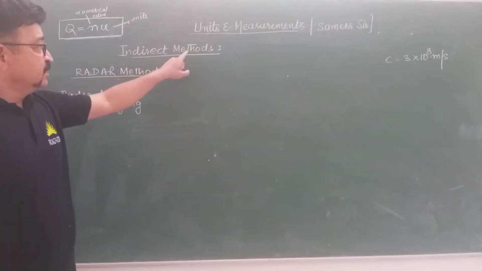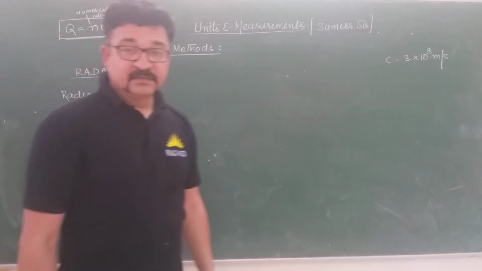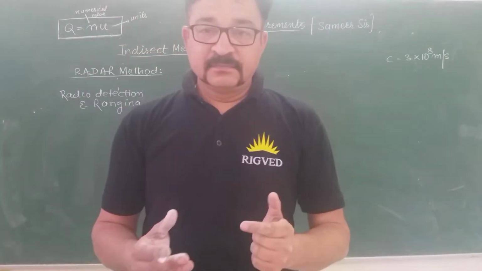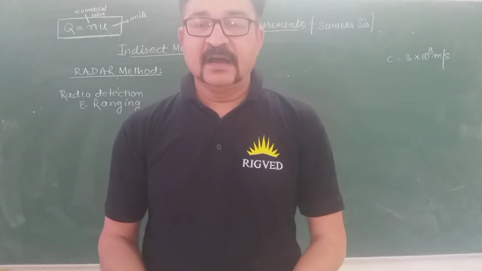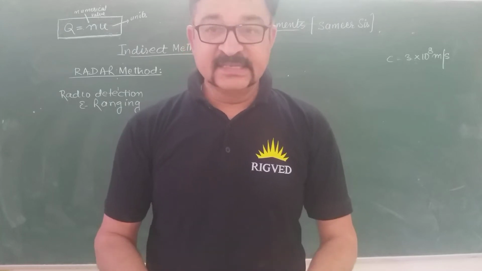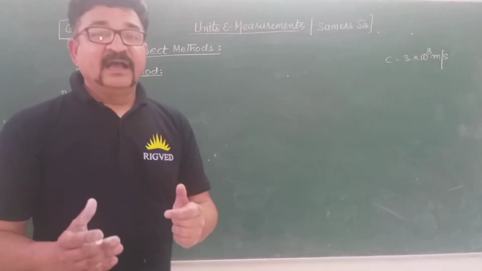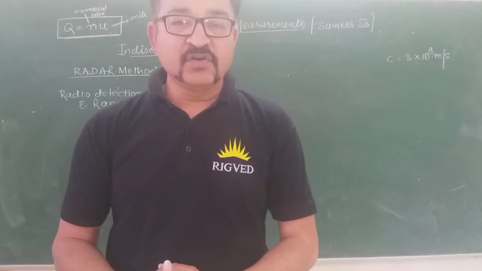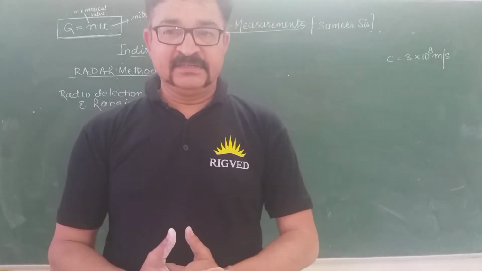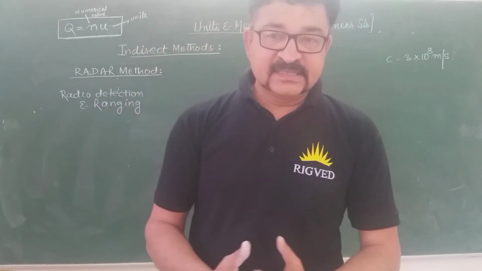So in the chapter Units and Measurement, indirect methods are discussed these days. This is another indirect method for estimating the distance of not far off planets, as we have discussed already in